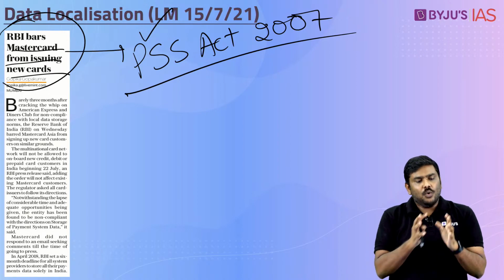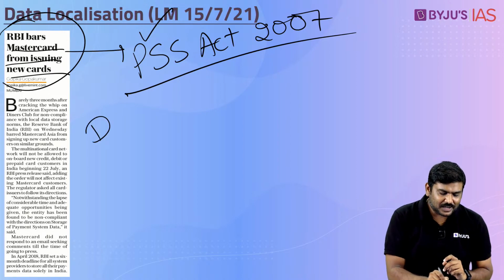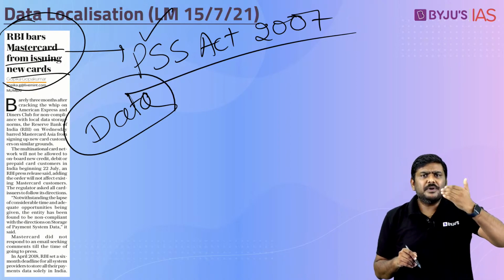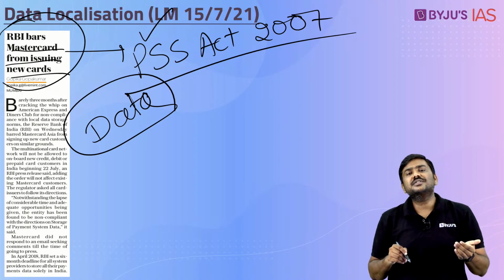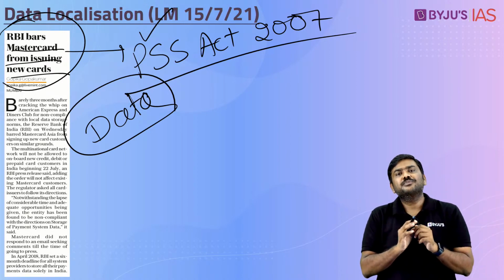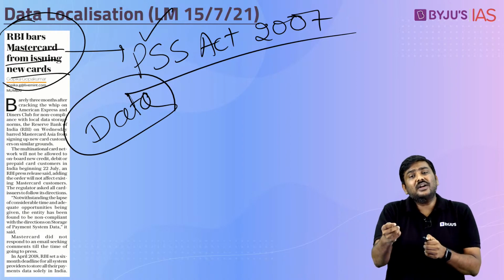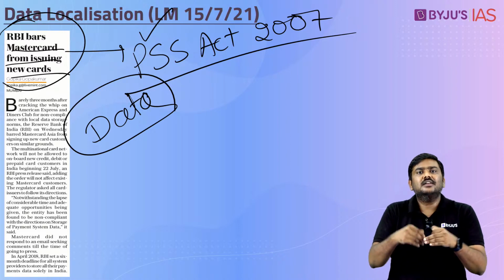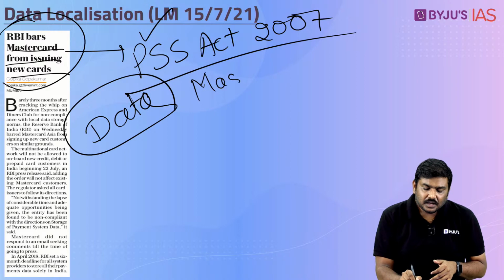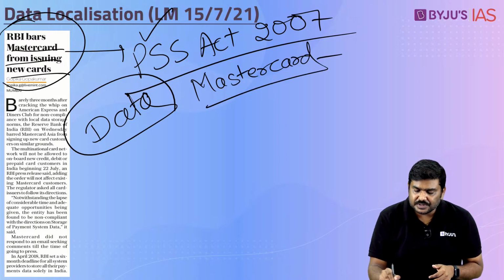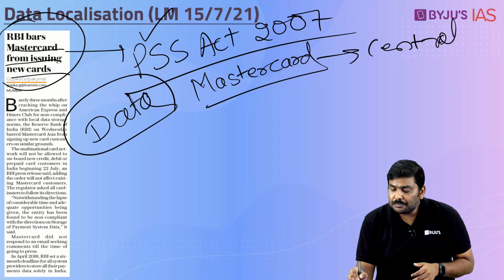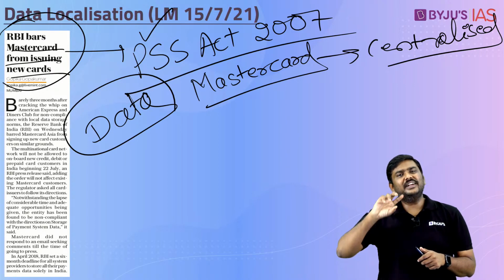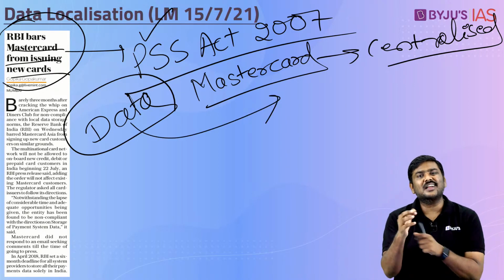Now have a look at this. Over a period of time, again and again I am going back to this particular concept of data, that is customer data. Over a period of time, there were certain situations where transactions have been conducted, and the data related to those transactions is not available for the investigating agencies for a simple reason. Whenever these transactions are done, for example using, let's say, Mastercard, they generally have a centralized processing, and this processing is done outside India. So for the investigating agencies within India, it is very difficult to get access to this transaction data.